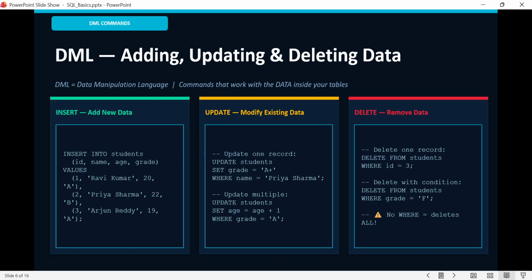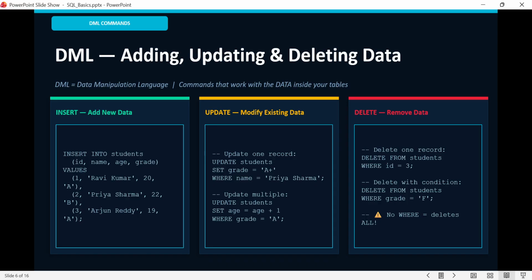No undo, no confirmation, just gone. This mistake has caused major incidents at real companies. Always include a where clause with delete and update. Always.